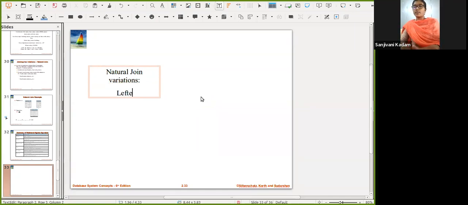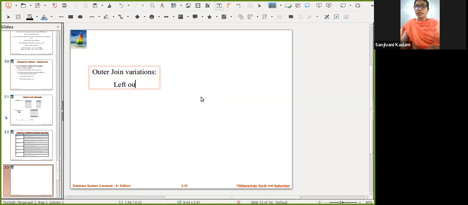Sorry, not natural join, it is actually outer join. Outer join means that this is exactly the reverse of the natural join, same as compared to the Cartesian product. Here, this also performs joining of two relations, but it has some variations.